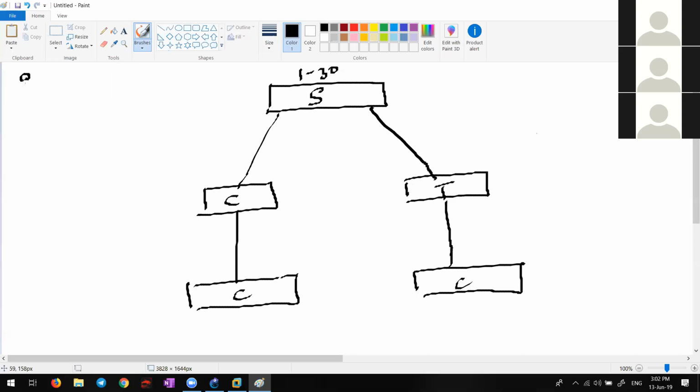Anyone? Have you heard about summary message? Subset message? And advertisement request. These are the three message types in VTP. Okay, let's see how it works, one by one.